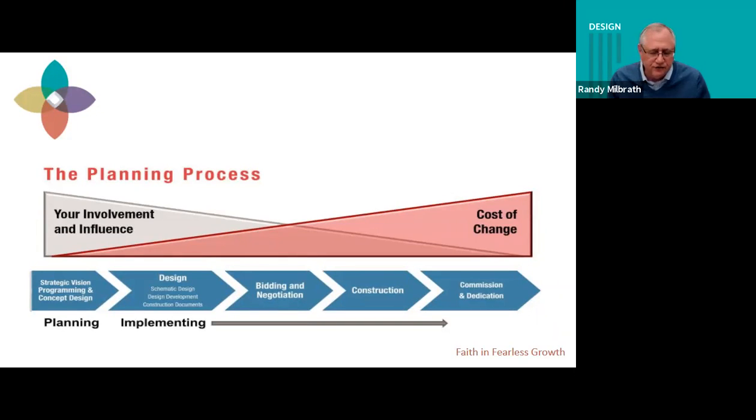The importance of that is what I'm trying to show in this diagram. Your involvement, your influence, is the most critical early in the project, because as we all know, as we move forward, if we don't make the right decisions, the cost of changing your mind or changing the project grows. And actually, it's not that nice little triangle. It really grows exponentially, right? So the architect working with you needs to understand that we've got to answer certain questions so that we can control the cost of construction and get you that beautiful space.